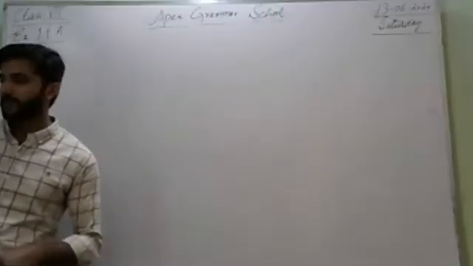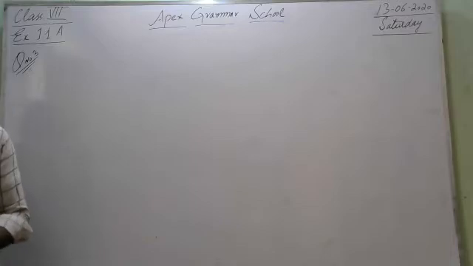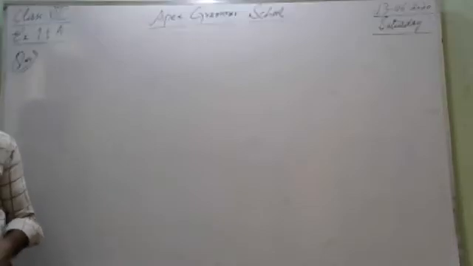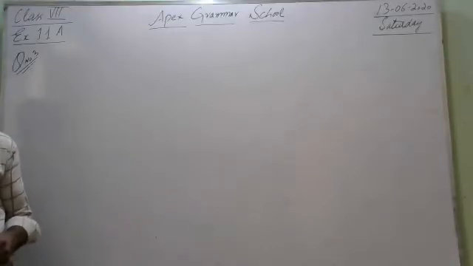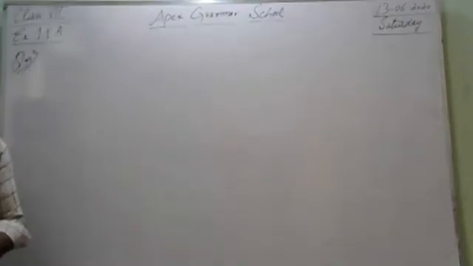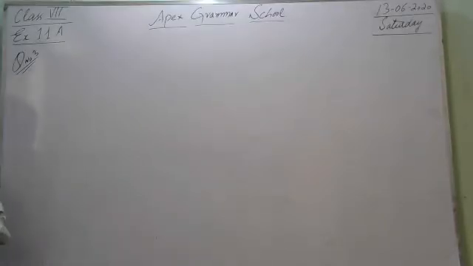Students, in our previous lecture we have started our chapter number 11 and the exercise we are going through is about triangles and their properties. The first three questions we completed in the previous lecture. Now we are moving towards question number 4. Given that DAB is a straight line, find the values of the unknowns in each of the following figures.